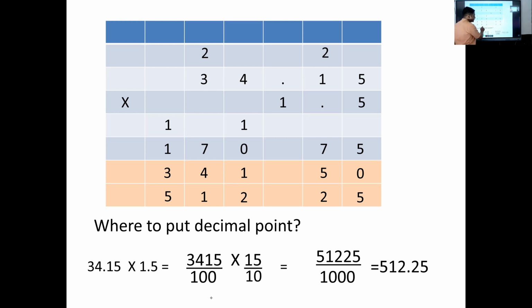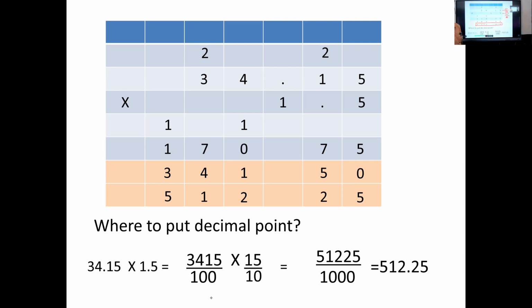So where do we put the decimal point? After 3 digits from the right. Now see how many decimal places there are in the multiplicand: there are 2. How many decimal places are there in the multiplier? There is 1. So we add these 2 decimal places: 2 plus 1 is 3. So in the product also, we get 3 decimal places. So the answer will be